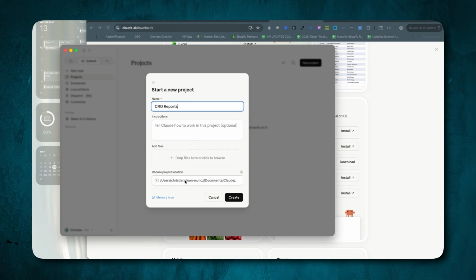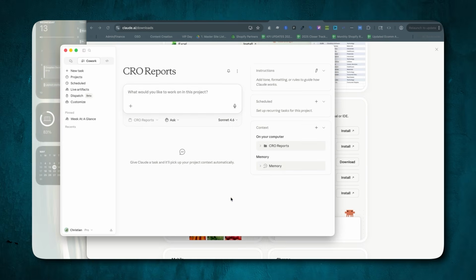And obviously, this would be the location that you would want this on your computer. So I'm just going to leave that one by default there. And really what we'll do here within the project is each Sunday night, we're going to export our Microsoft Clarity Insights as a CSV, drop it into our CRO reports folder, and then Cowork will essentially read these files and schedule some tasks for us. So what we want to do here next, if you haven't done this before, is essentially connect